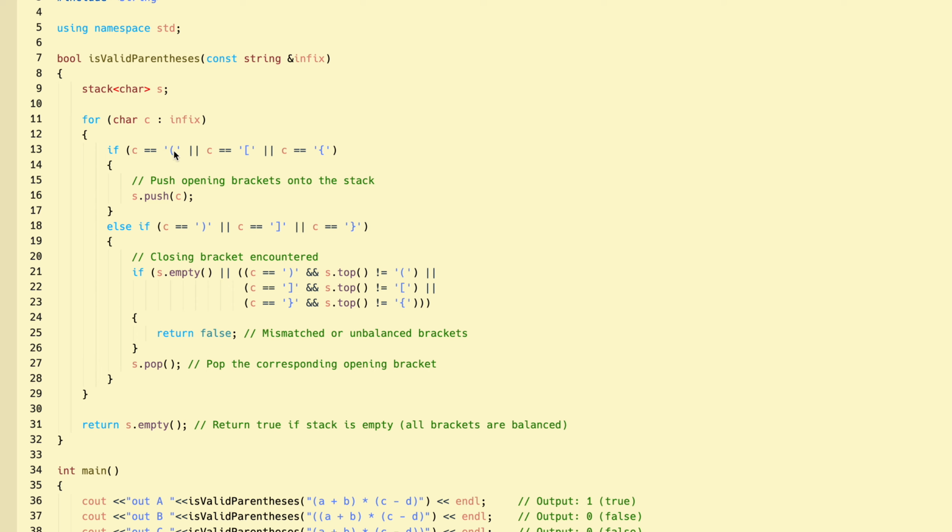So if the character happens to be an opening parenthesis, an opening square bracket, or an opening curly bracket, then we're going to go ahead and push it into the stack. If we happen to come across a closing parenthesis, a closing square bracket, or a closing curly bracket, then we